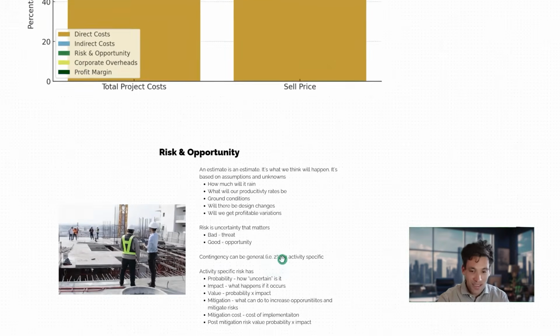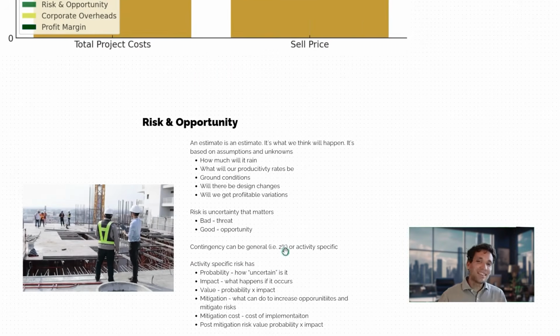So an estimate is an estimate. When we're predicting how much a project's going to cost, we're taking all of our input information, rates, subcontractor pricing, productivity rates, our planned methodology, what we think is going to happen. We're putting all of that together, coming up with an idea of how much it's going to cost to deliver the project. But there are things we don't know, and there are things that are impossible to know at the